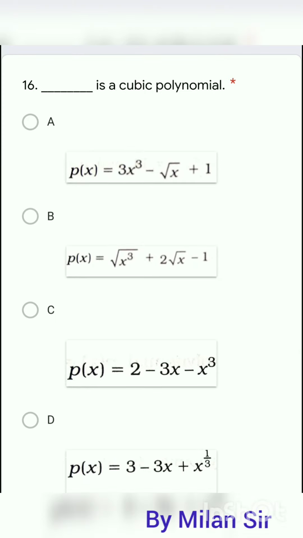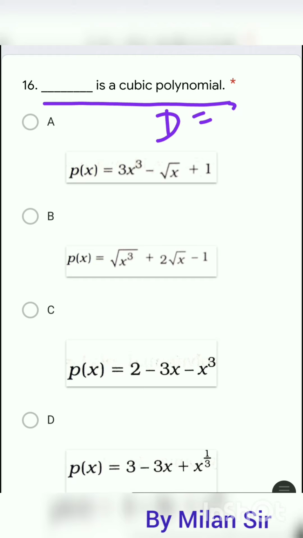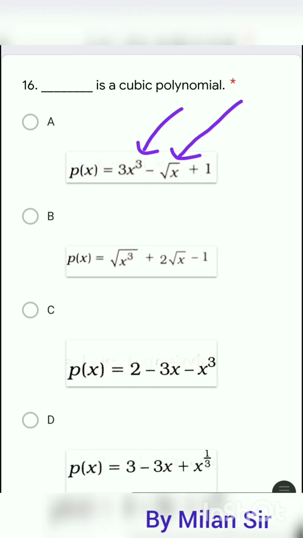After that, which one is a cubic polynomial? Okay, a cubic polynomial has degree equal to 3, right? That means the highest power of the variable is 3. Now check option A. Here we have the exponent of variable x as 3, right? So this can be a cubic polynomial, but here x is given under the root, and there is one condition